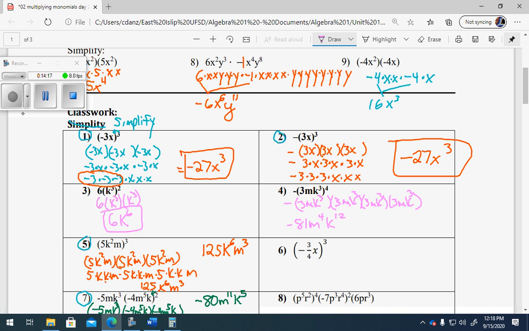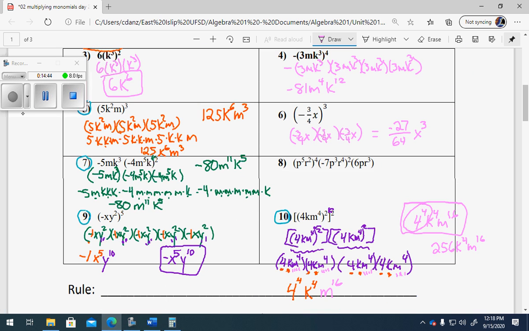Number 6, the parentheses happen 3 times. Negative 3/4 times negative 3/4 times negative 3/4 is negative 27 over 64, k to the 3rd. Number 8,